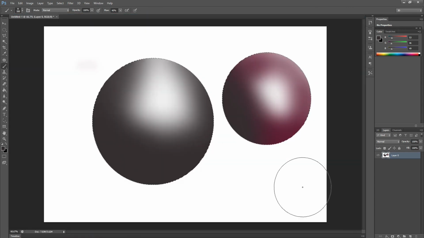So this is all about the basics of the brush tool. There are more things in the brush tool, but this class is for the basics. When we learn about the details of the brush tool, we'll learn more.